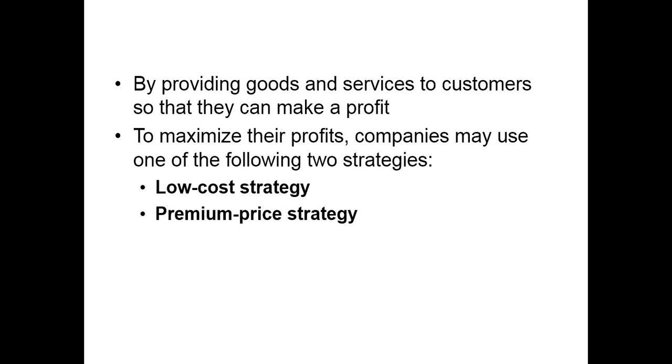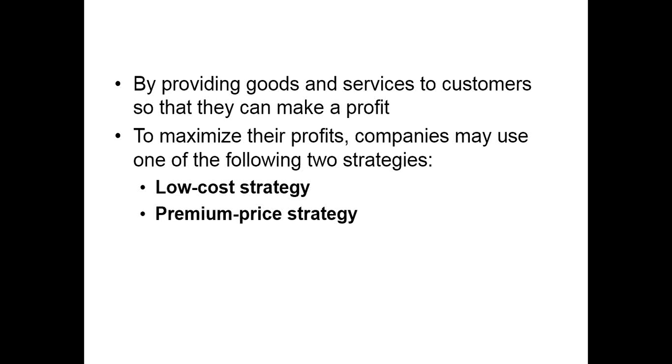There are two strategies listed, although there are many strategies that companies can choose to operate as. The two that are mentioned are, of course, the low-cost strategy, think Walmart, buy cheap, sell cheap, and the premium price strategy, think BMW. I mean, it's a vehicle, four wheels and a steering wheel. But are we willing to spend a lot of money for a BMW? Absolutely, because we believe it to be a much better vehicle.